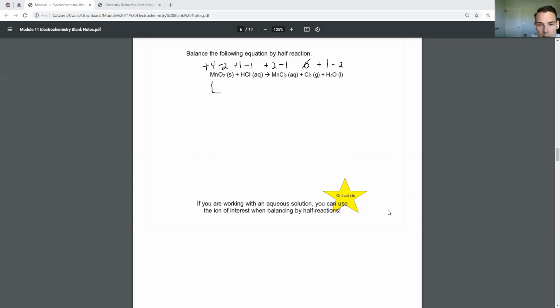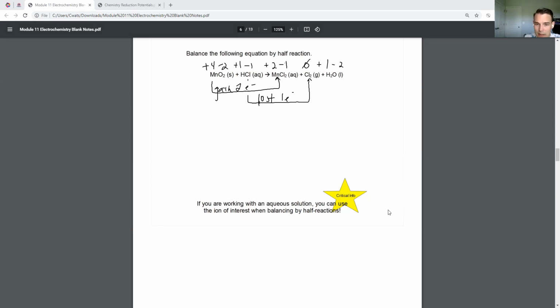See what changes. Manganese goes from a +4 to a +2, so I gain 2 electrons. And then chlorine goes from a -1 to a 0, so it lost 1 electron. So let's see. It says here, critical information, if you are working with an aqueous solution, you can use the